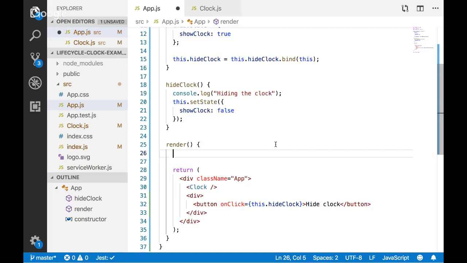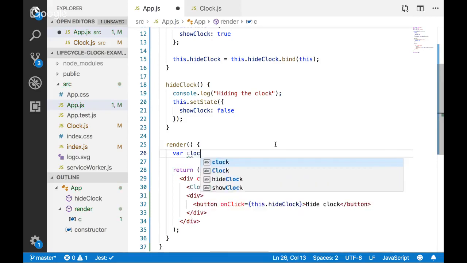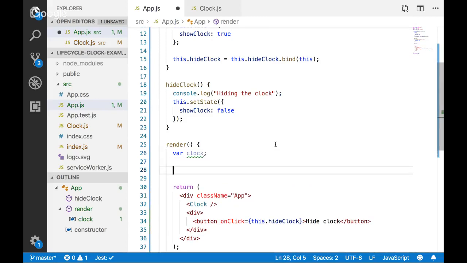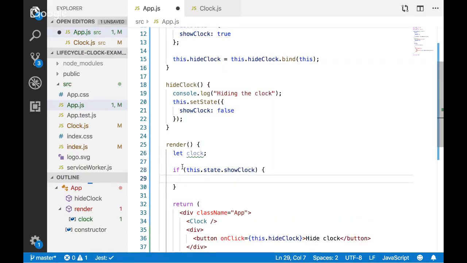I'm just going to create a variable, which I'm going to call clock. Oh, I don't want to do var. Let's do let. And I'll put the little bit of code here that I had. If this.state.showClock, then clock equals this clock component.